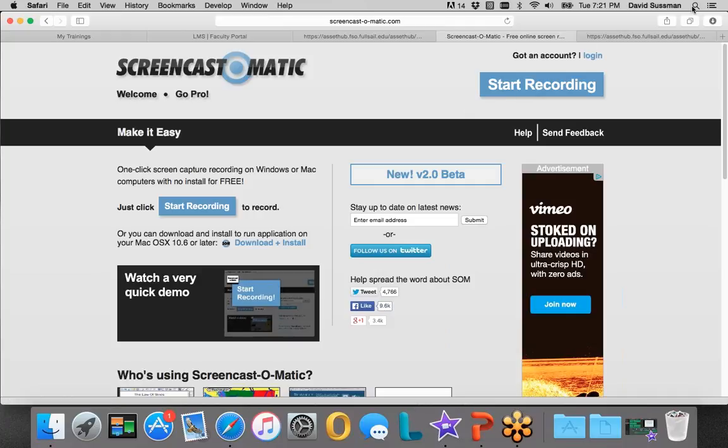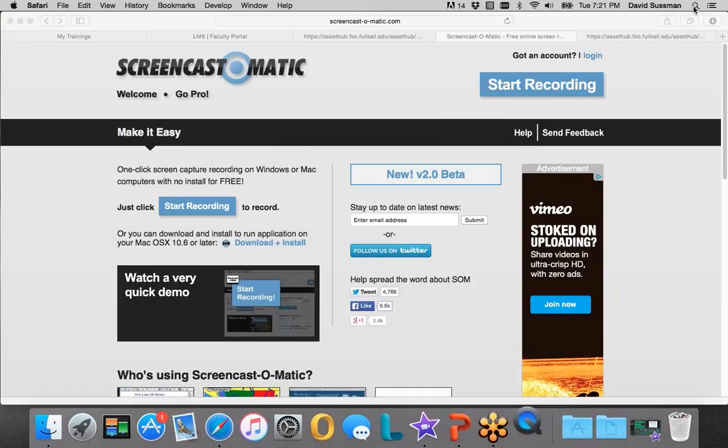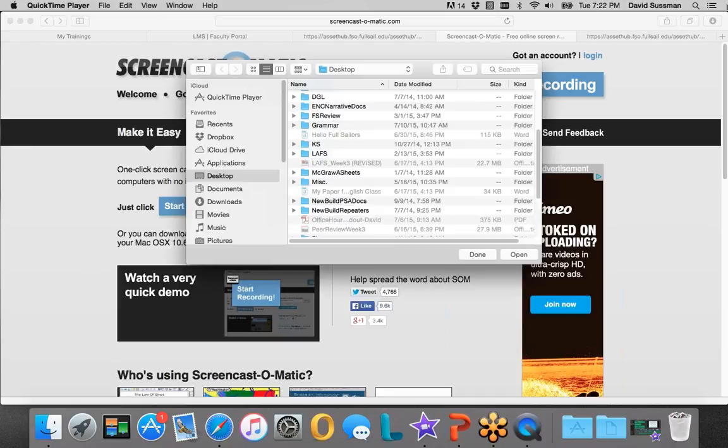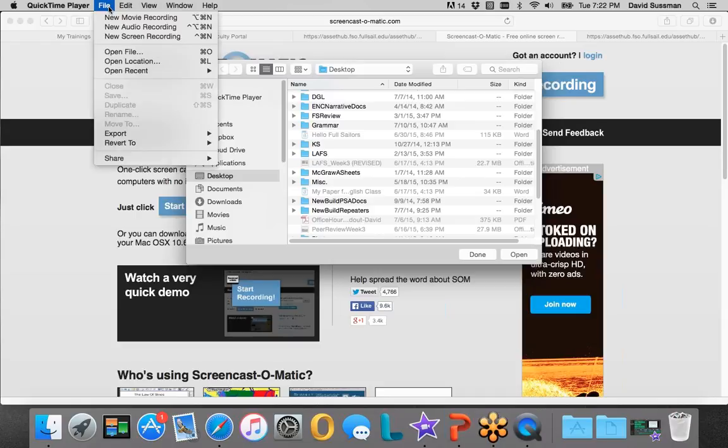QuickTime, okay, I'm going to open up my version of QuickTime, is a Mac. It's an Apple product, but it's also available for PC, so it's not exclusive to Apple. But it also has a, excuse me, basic screen recording function. So if I go to File, New Screen Recording,